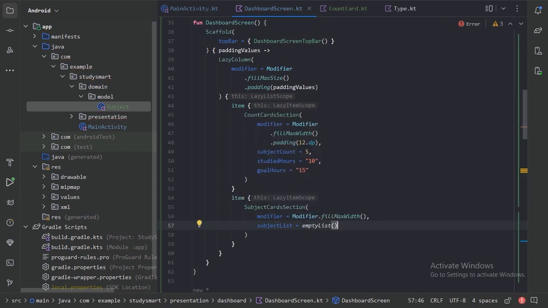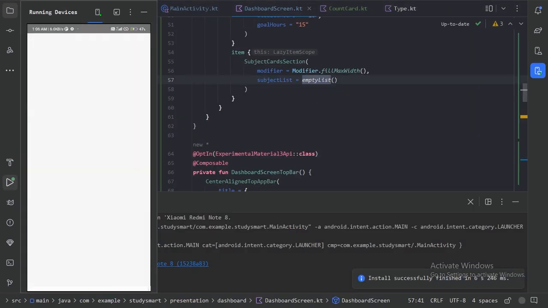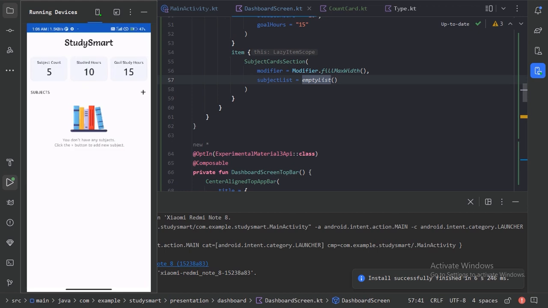So here for our subject card section I have used this fill max width, and here for now I have provided this empty list. So now we can run our app and see this much change. So here we have our subject card section. We can see we have this add subject icon, and when our subject list is empty we have this image